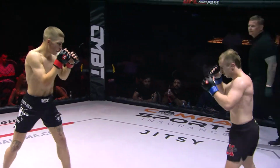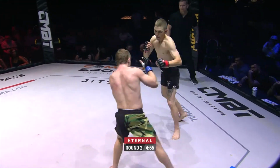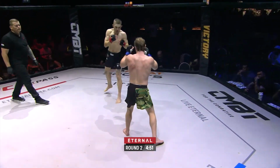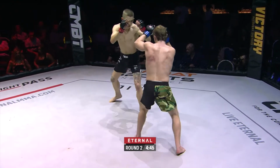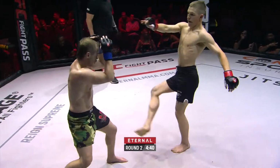Great action so far. Very entertaining first round. And let's see who's got more gas in the tank now. See if anyone starts slowing down. I always say cardio is king, and that's usually the key in this sport. Both guys look very fresh. Yeah, I know Frank's got great cardio especially. Well, again, they're looking to make a statement, and when you're on this stage, you've got to take the opportunity